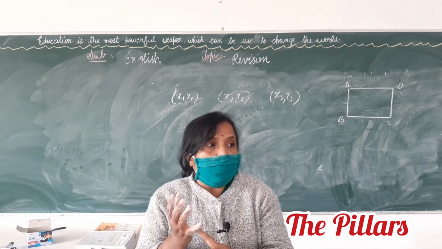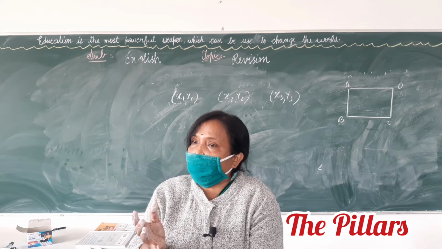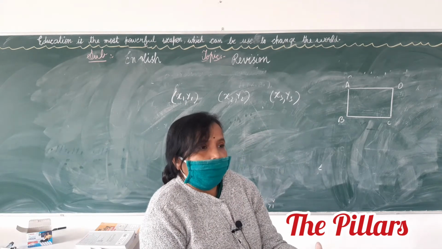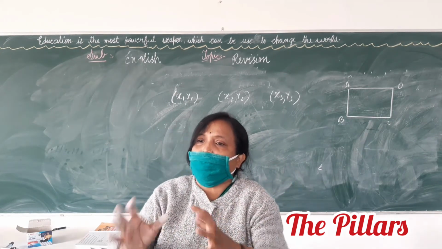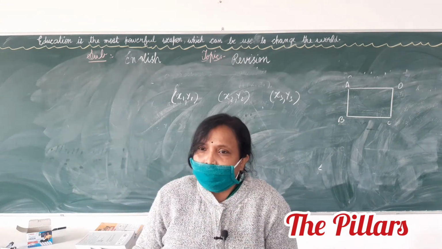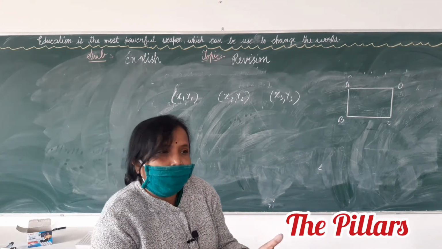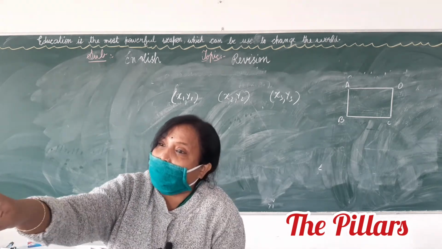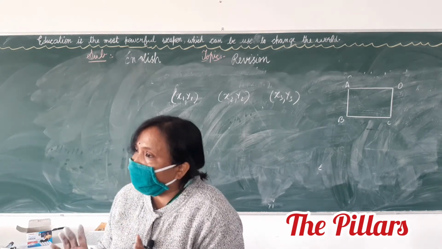Whenever you revise any chapter, children, first of all you should take a summary of that chapter. What all formulas you had in that chapter. If you know the formula, that means your 3/4 work is done. You are sitting and doing coordinate geometry and you don't know the distance formula. Will you be able to solve the question? Not at all. If you know the formula, you will try. Clear to all of you?